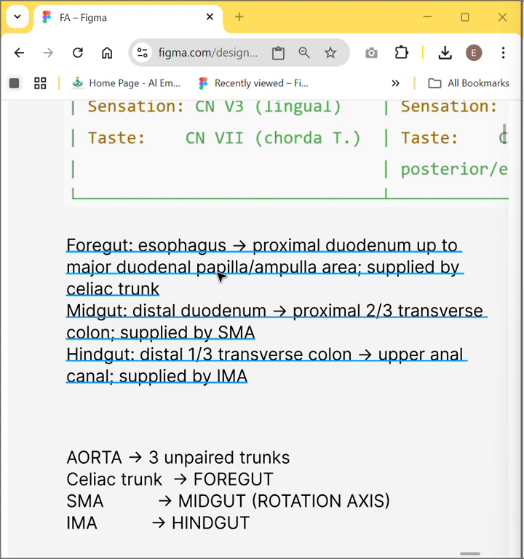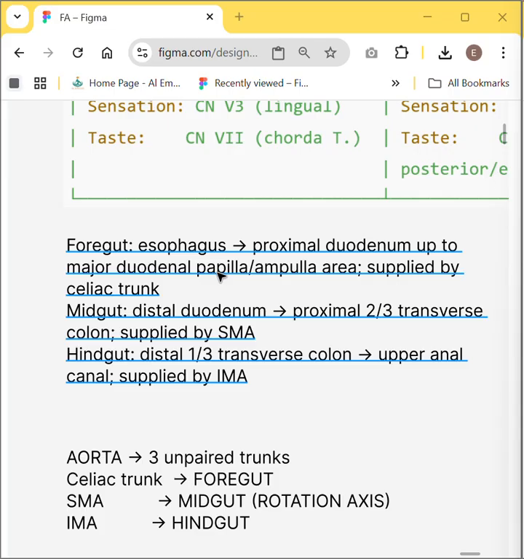Now there are two papillas or openings in the mid level of the duodenum. The duodenum is divided into four major sections, and we will see that the second part of the duodenum has these two openings. We call one of them the major duodenal papilla, or the ampulla area. You'll see that later on, but just remember for now: